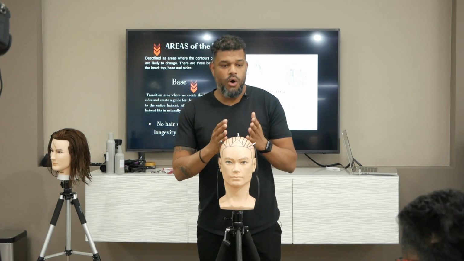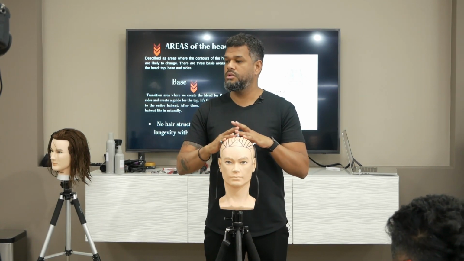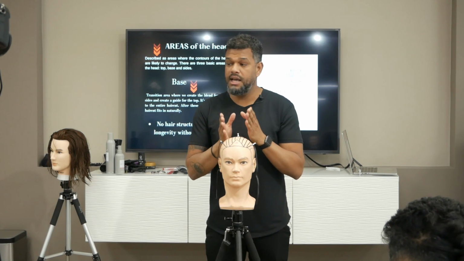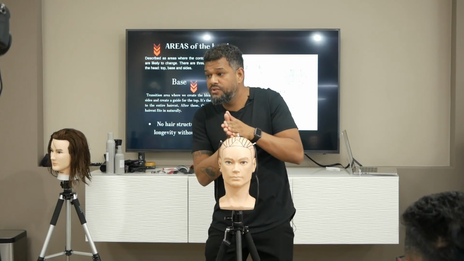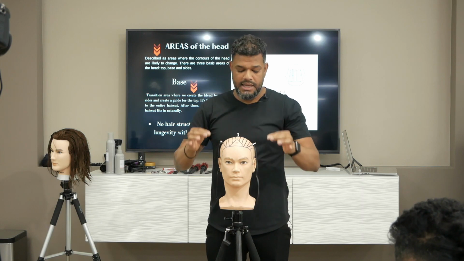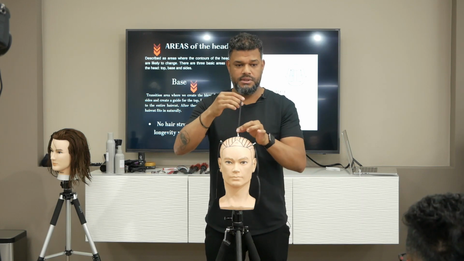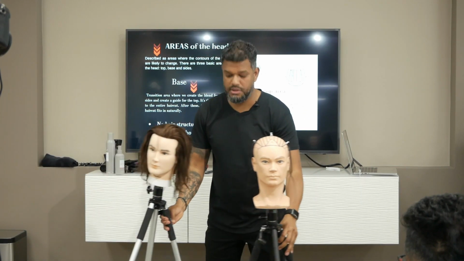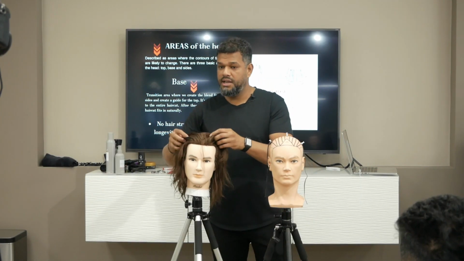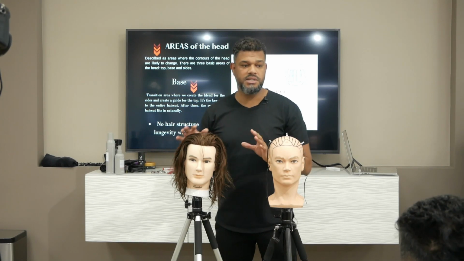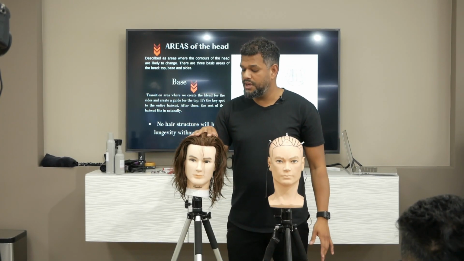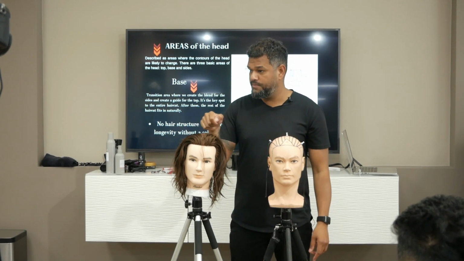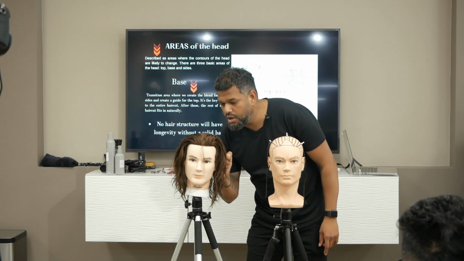So all heads in the whole world, the hair has its own natural direction to grow. Okay? The hair from the top, if you look at this one, you can't see the direction this hair grows, right? Because it's long, it's just falling. But if I buzz this hair with number 2 or 4, and I look closely,